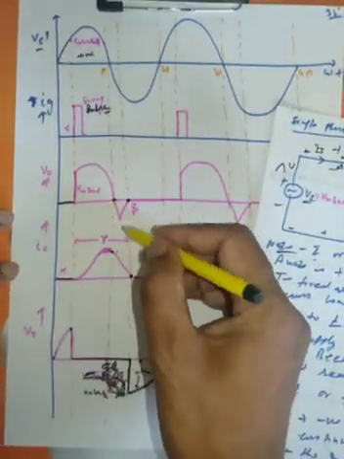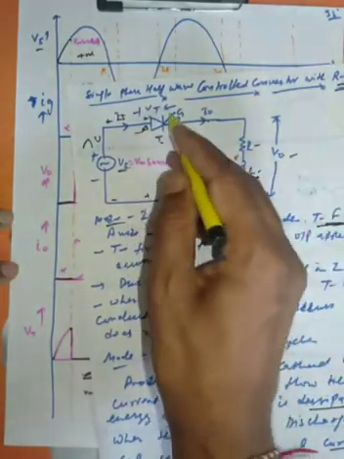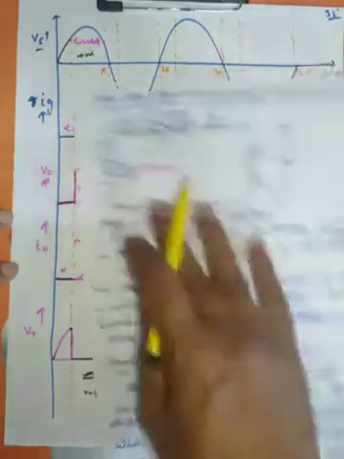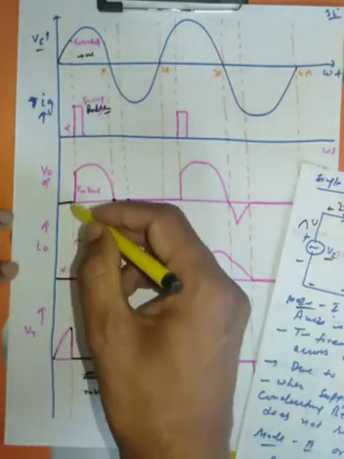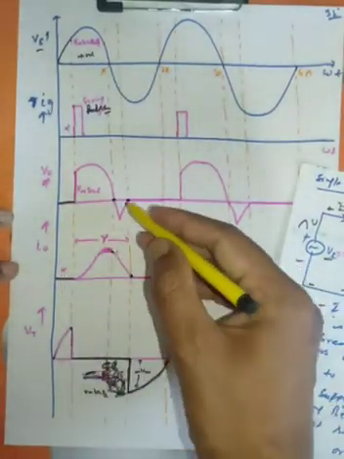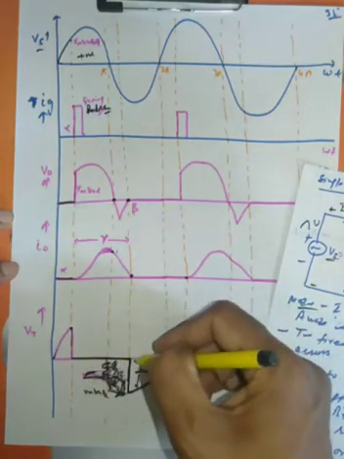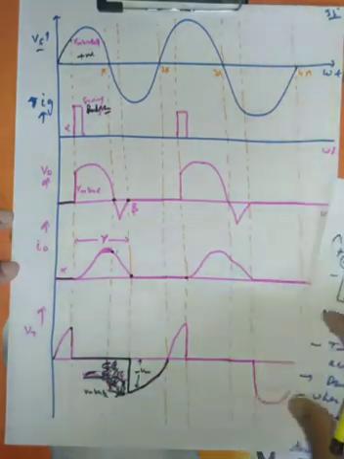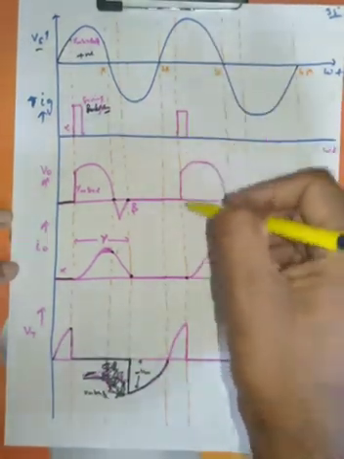When there is no voltage or current across the output, the voltage appears across the thyristor. When the voltage is here, there is no voltage across the output. You can see whenever the voltage is here, there is no voltage or current here. When there is voltage and current in the circuit, there is no thyristor voltage. When thyristor voltage is there, there is no voltage or current in the circuit. And for the next positive half cycle, it repeats again.